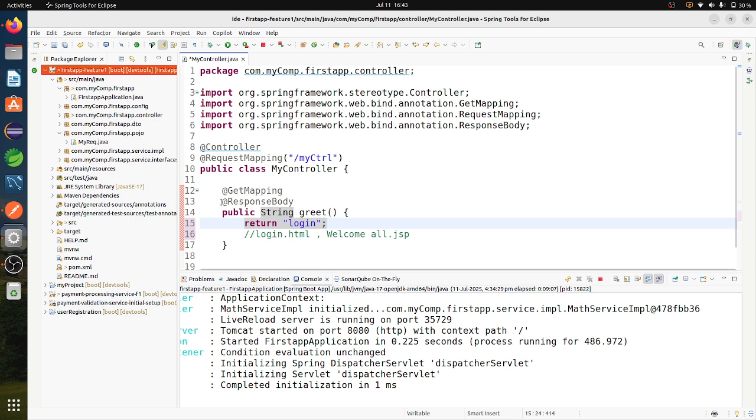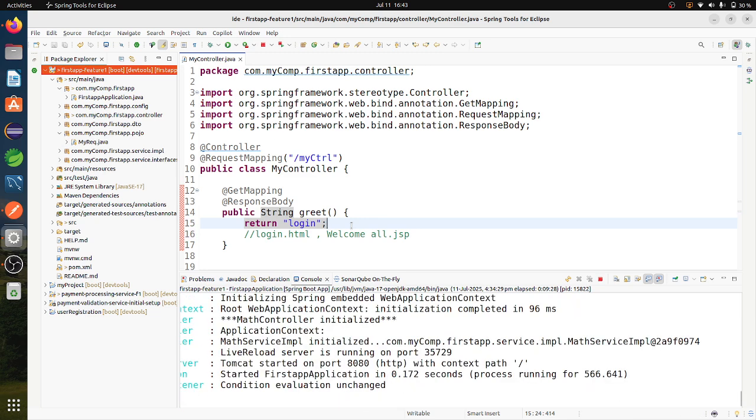But if I mention the @ResponseBody annotation here, even though I am returning login.html, it will not be considered as an HTML page. It will just return that string to the user, just like a message, just like the wish message before.